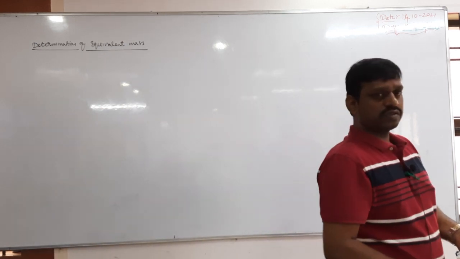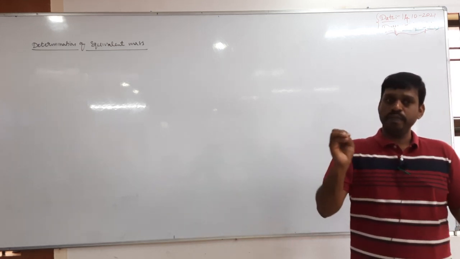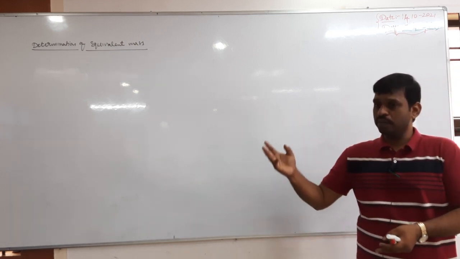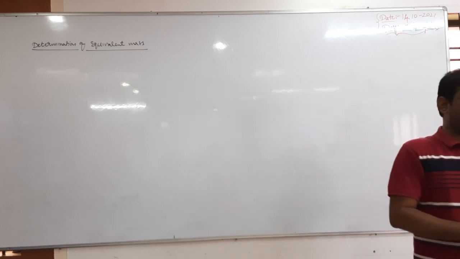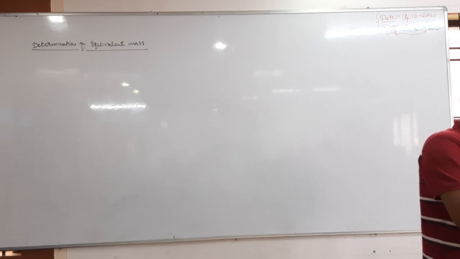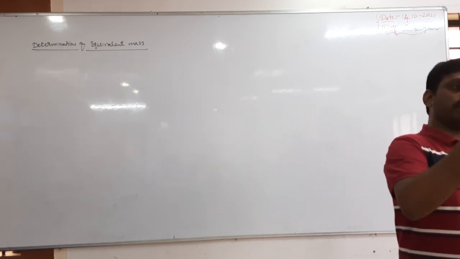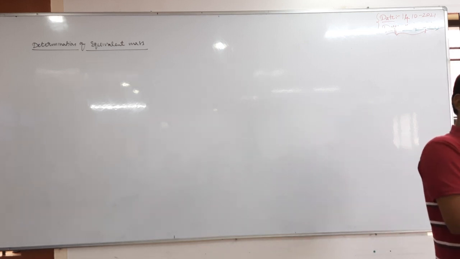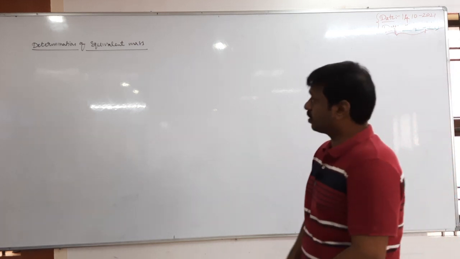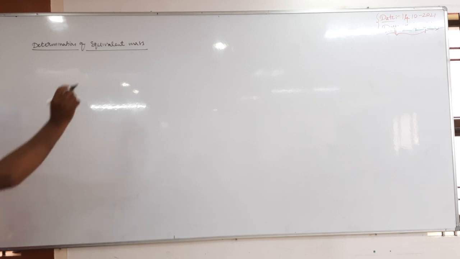In all the cases, the simple formula is: equivalent mass of element, acid, base, salt, whatever it is, equals atomic mass or molecular mass divided by n factor. Where n factor may be valency, basicity, acidity, number of electrons lost or gained, or even number of positive or negative charges. These things we have covered. Now let us see what are the experimental methods to determine the equivalent mass.